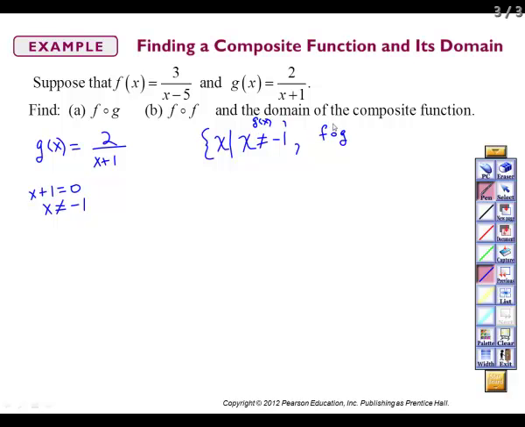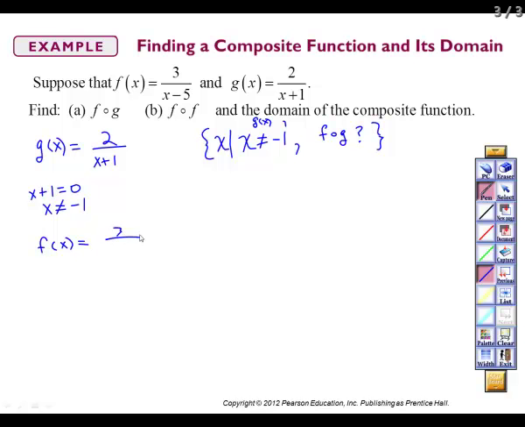Now we need to find the f of g of x next. So we don't know what that is yet. Okay, we got to find that. Alright, so at this point now we take the f of x, here's f of x, right,